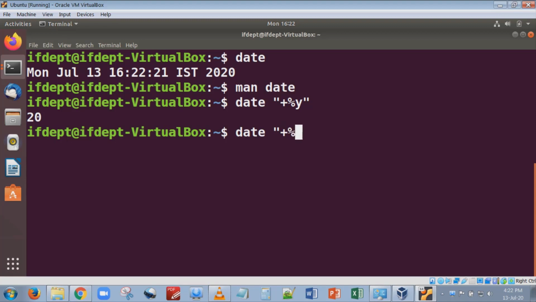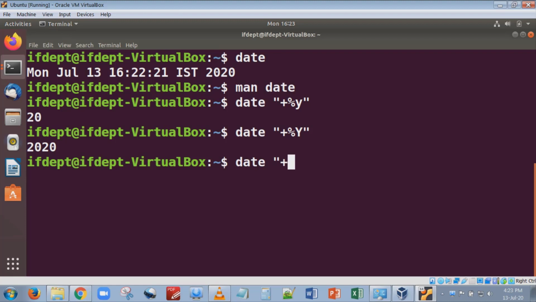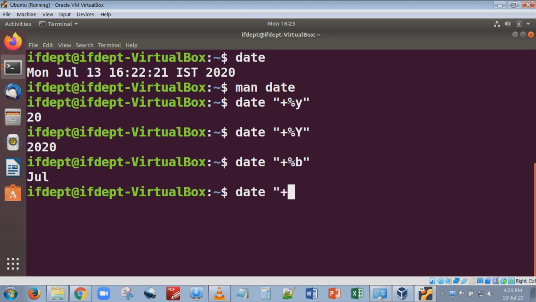If I use date %b, small b, it will give me the current month abbreviation. Then if I type %m, it will give me the current month. In this way we can utilize different descriptors to get the result.